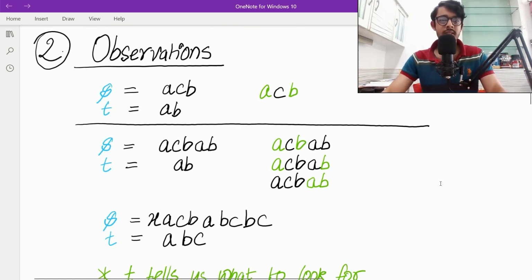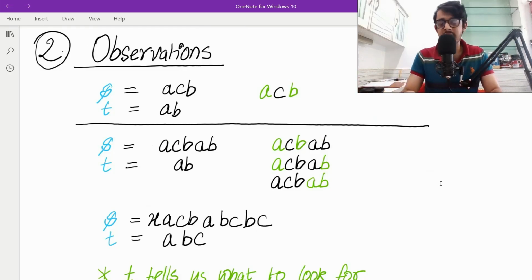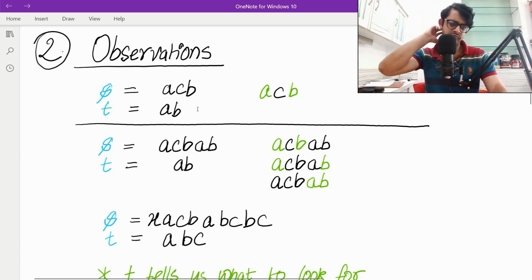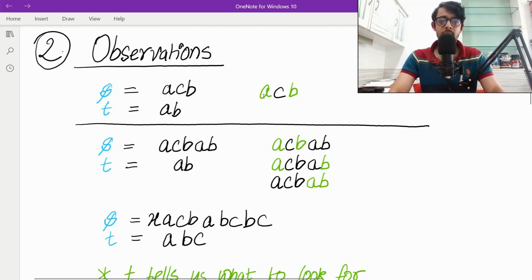And as I always suggest, go for observations. Look at and write down some very small basic cases and try to see what's happening in them. Create your ideas and hypotheses from them and build up from it. Let's actually do that. So we have S and T as a small example of ACB and AB over here. Pretty simple, and we can find only one possible case while deleting C. So we can have ACB like so. Okay, what about a string which is bigger, ACBAB, with the target as AB only?